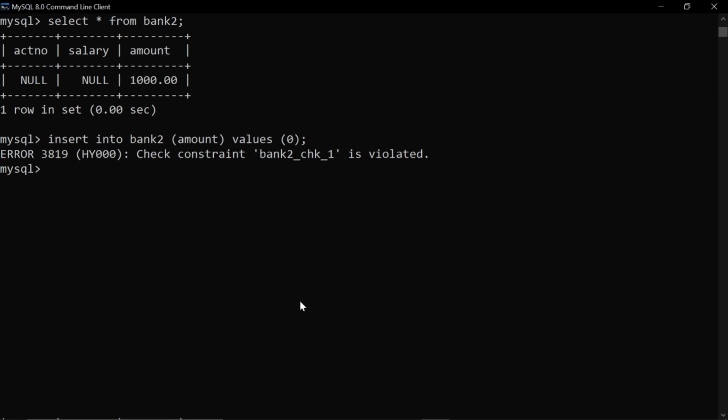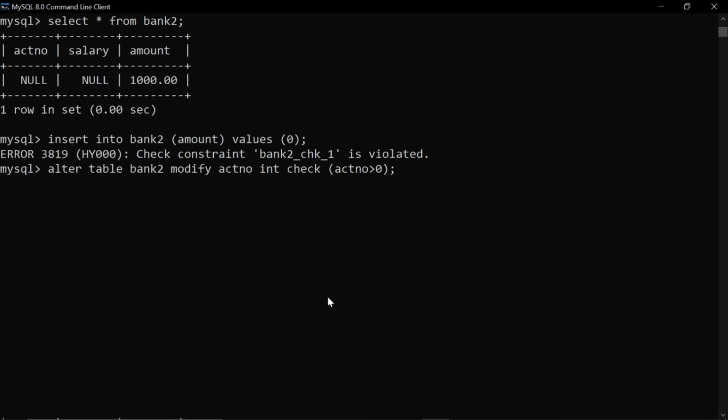Now this is how we use the check constraint with the help of the create command. Now if you want to use it with the help of the alter command, we are using the alter command in the format as we have written it in the default. So here I have taken a column, for example, account number should be greater than 0, right?